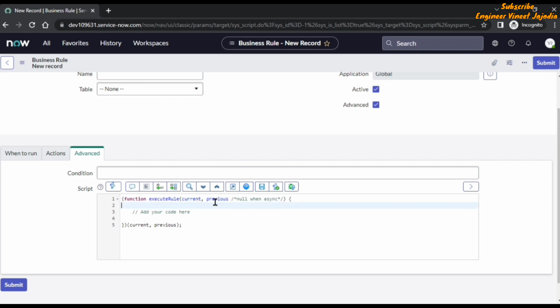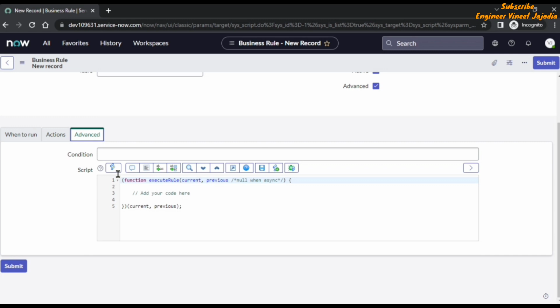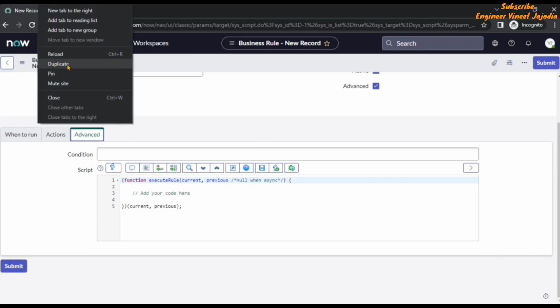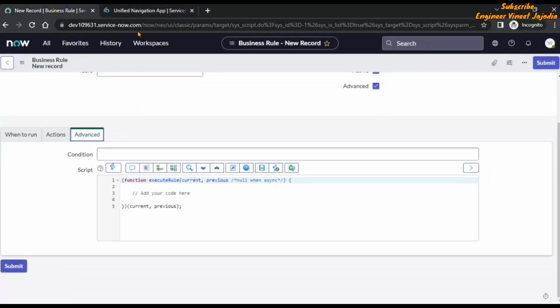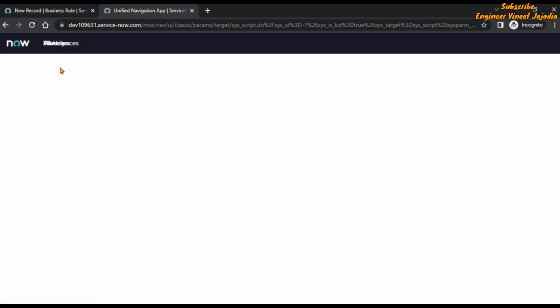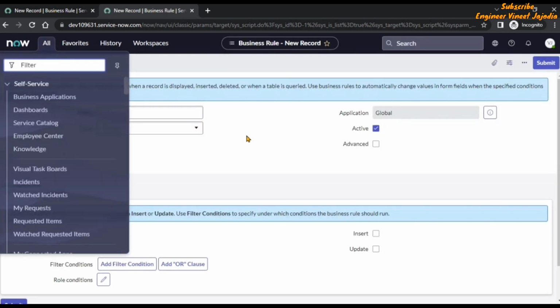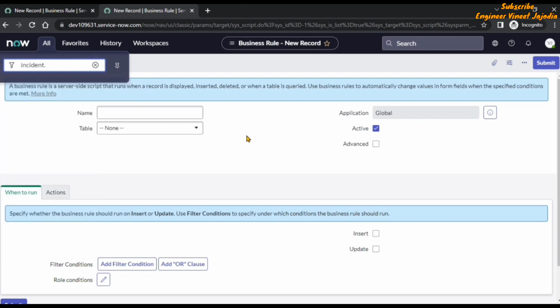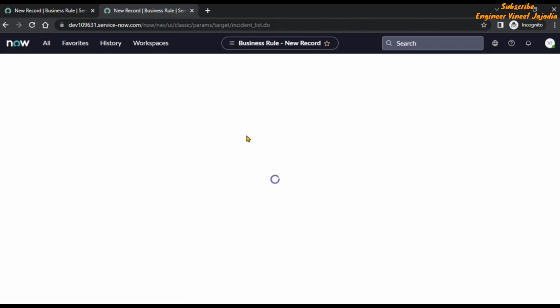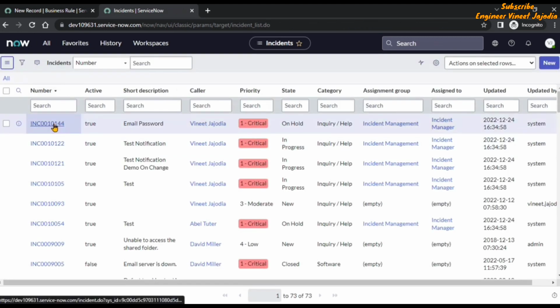So the previous variable is going to store the object of a record that has been brought to you by the system. Okay, now if we are going to open the list of incidents, we are going to duplicate this particular tab, and in this we are going to open the list of incidents, and we are going to open a particular incident. So let's quickly open an incident. Just click on All, and using the filter navigator shortcuts we are going to type incident.list. It will give the list of all the incidents. Okay, now if we open a particular incident record,